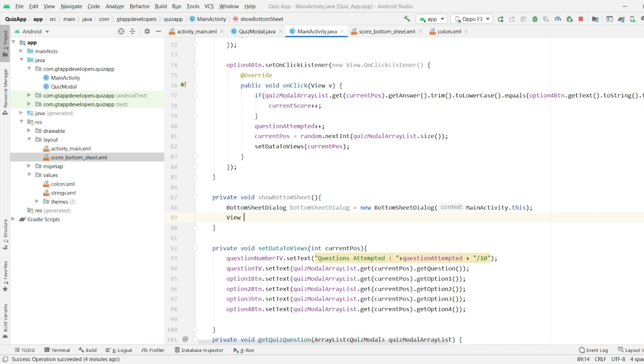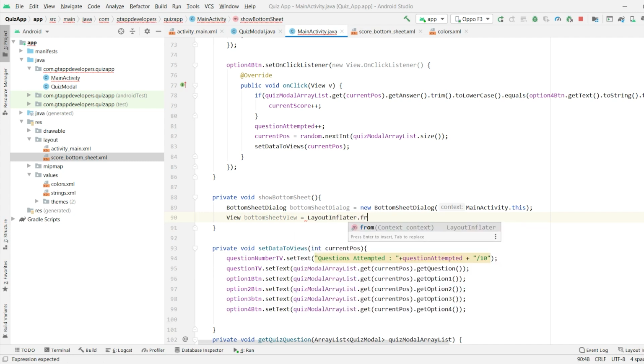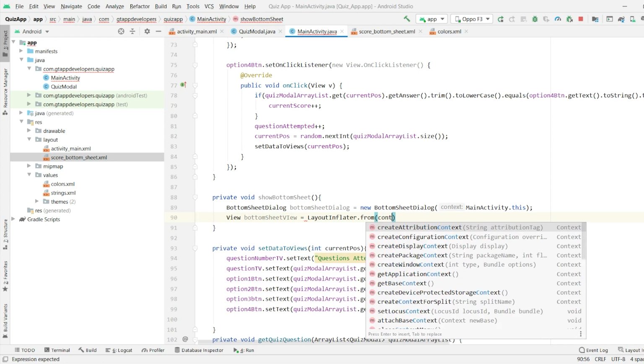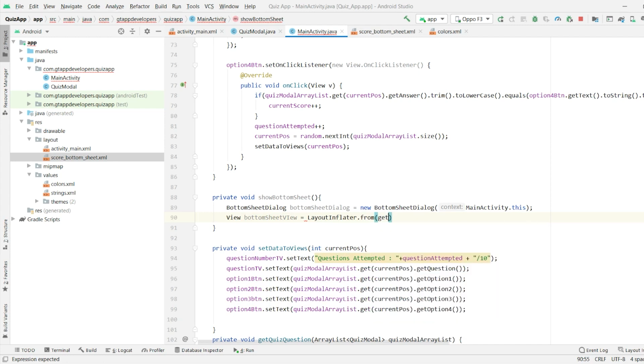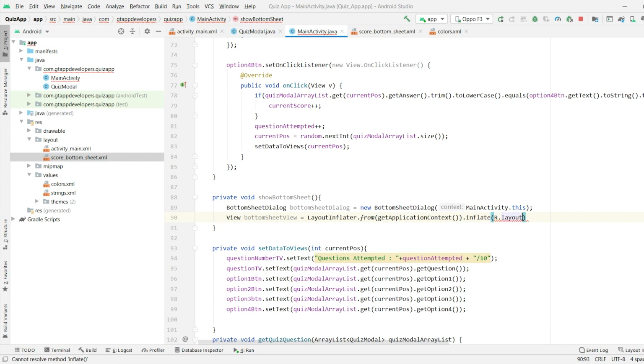After that, we have to inflate our layout. LayoutInflater dot from. Inside it, we'll specify our context as getApplicationContext. We will inflate the layout which we recently created. The name for our layout is core bottom sheet, and we will specify our root layout as the linear layout.